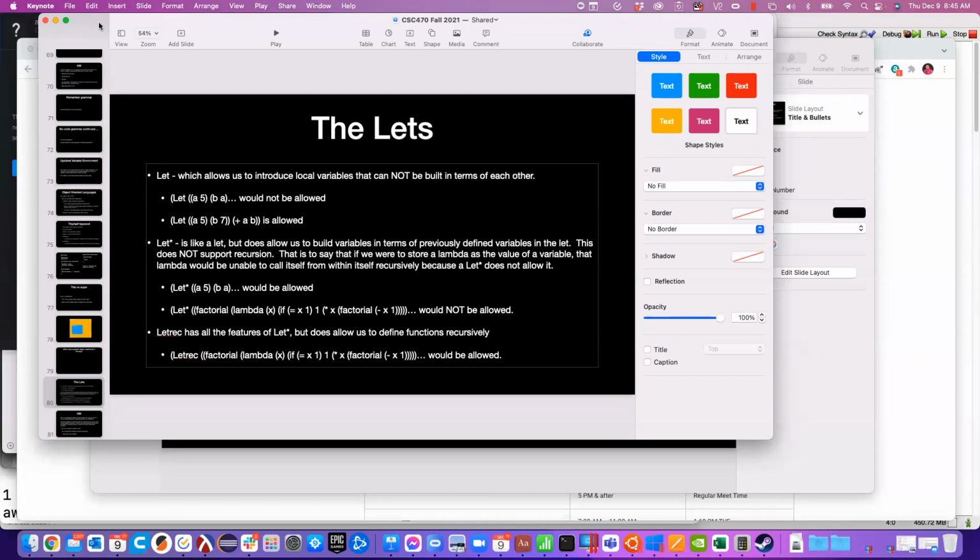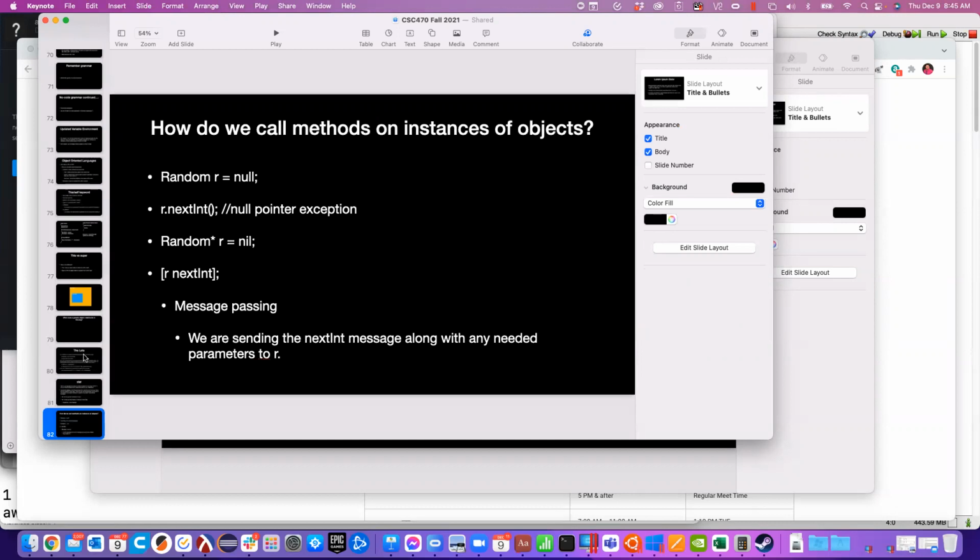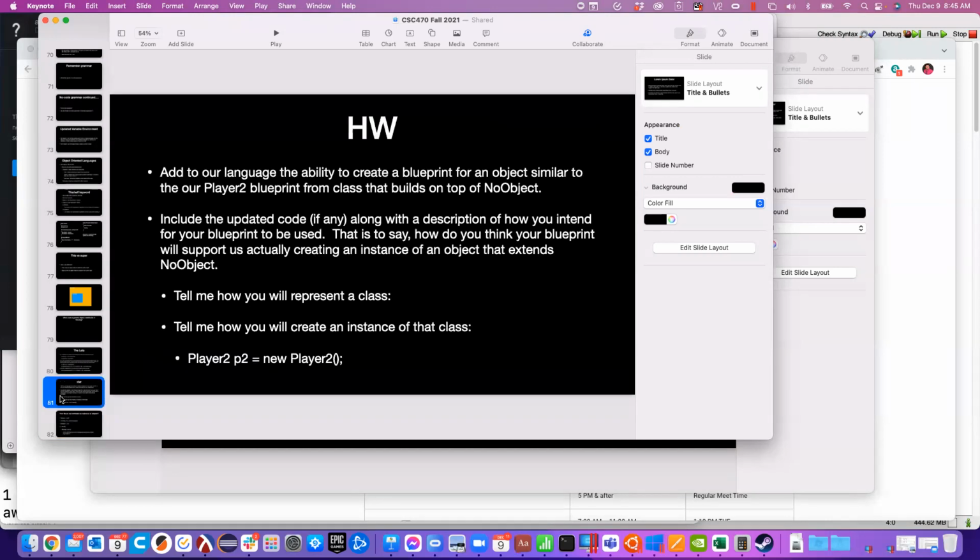Okie dokie. So let's finish up our object example. I think we did start talking about message passing in here, right? We mentioned that phrase, message passing. So we have a couple of different things here. One thing, and this was what I wanted you to think about for Tuesday's class, is how might we implement